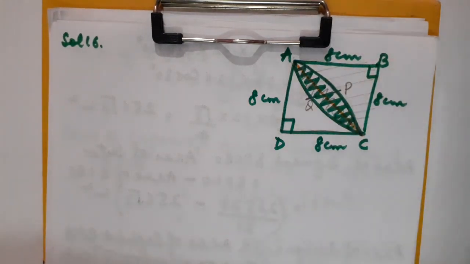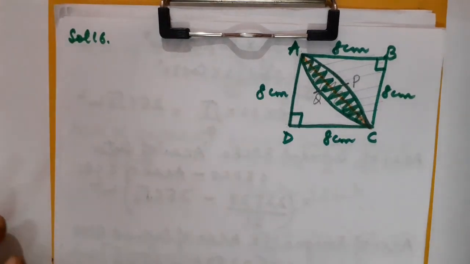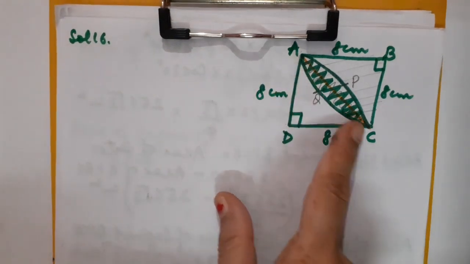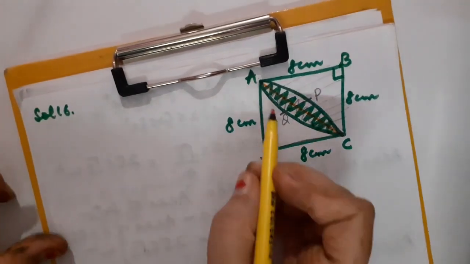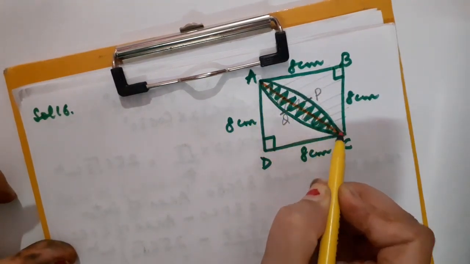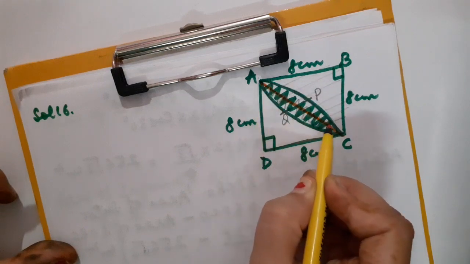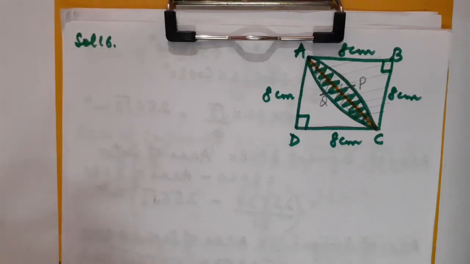Got it, students? So we are asked in the question to calculate the area of the shaded region. So children, what I am going to do, I am going to divide this design in two parts. How? You can see that I have drawn an orange line. I am just going to darken it so that it will be better visible to you. I am just going to divide this design in two parts in such a way that it will be divided into segments actually.